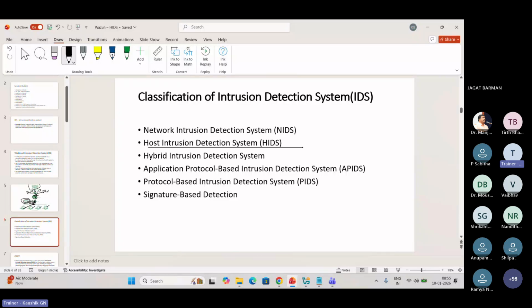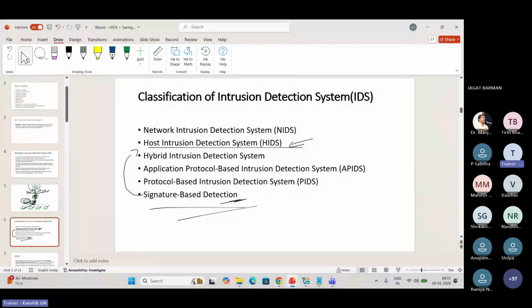We just put it as a category only, as it will be involved in other types. So today we will only be discussing the host intrusion detection system, called HIDS.